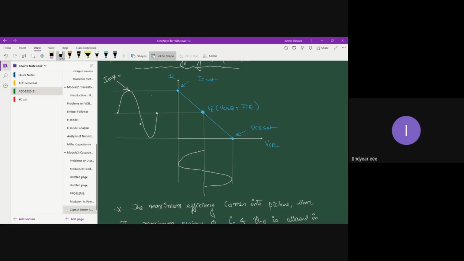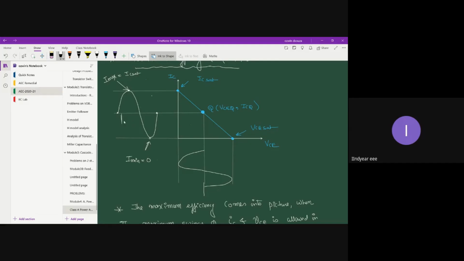which is I saturation basically, and this is our I minimum. What is the value of I minimum? It is 0. And remember one thing,